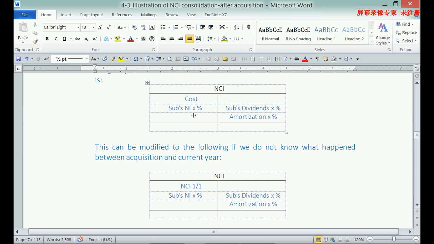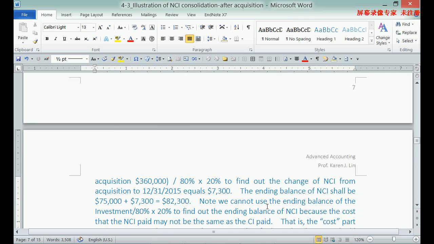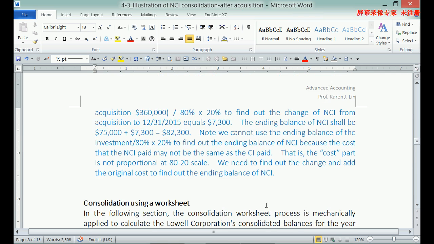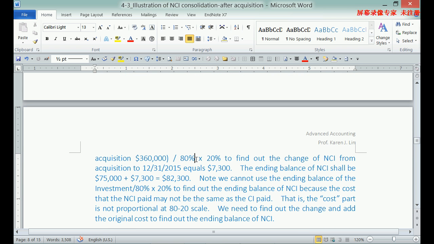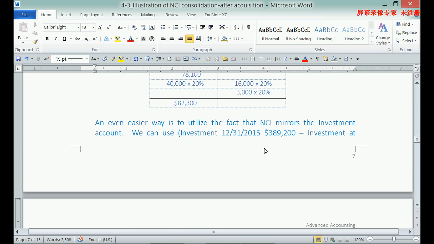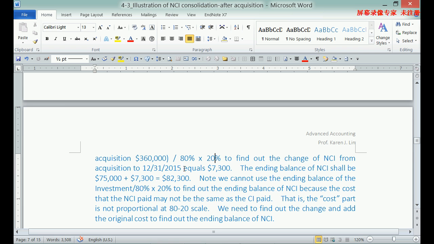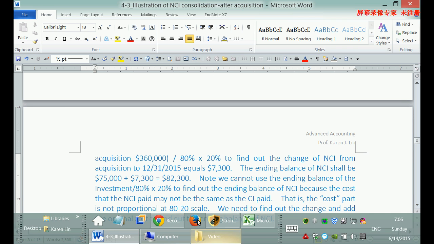And now I want to convert that, divided by 80% multiplied by 20%, and find out the change of the NCI from the acquisition date to December 31st, 2015. So if I do that, I find out that the NCI's change would be